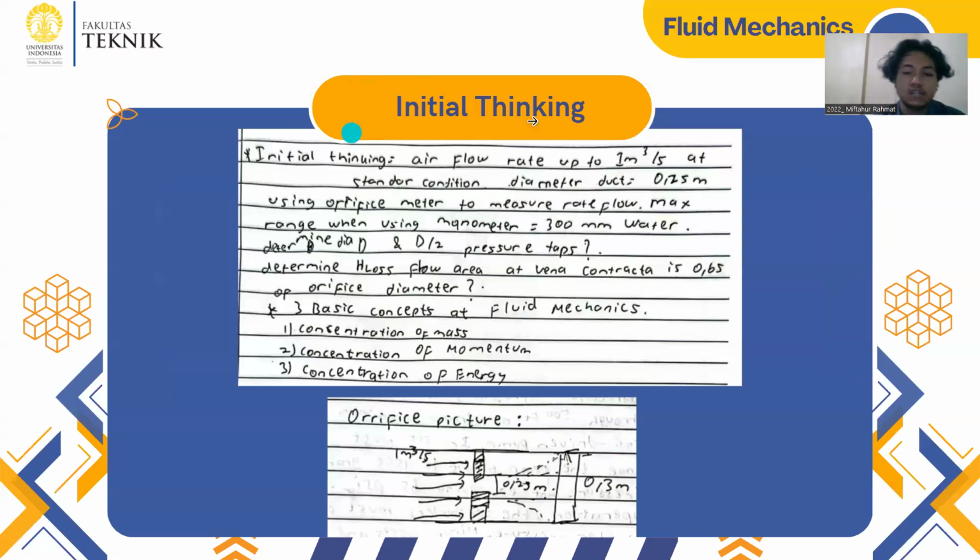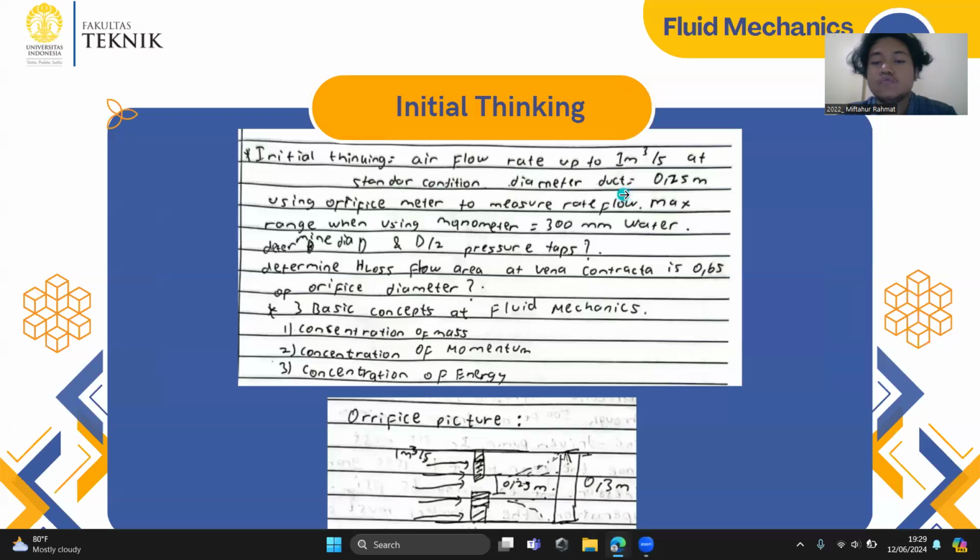For the initial thinking: the airflow rate is up to 1 meter cubed per second at standard condition, and the duct diameter is about 0.25 meter. Using an orifice meter to measure the flow rate, the maximum range of the manometer is about 300 millimeters of water. We need to determine the orifice diameter with D and D/2 pressure taps, and then determine the head loss when the flow area at the vena contracta is